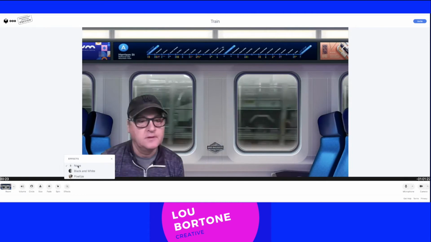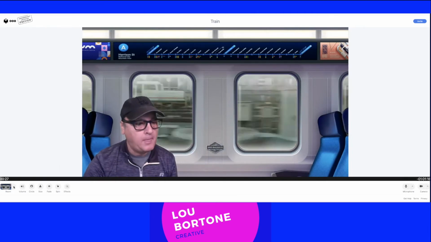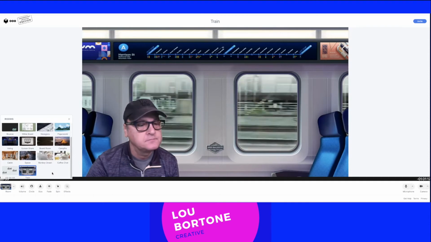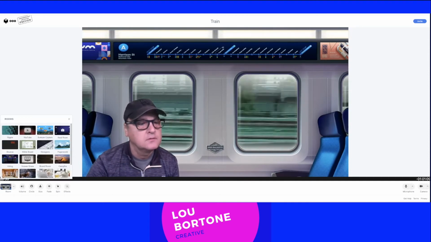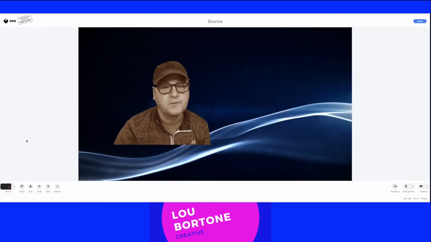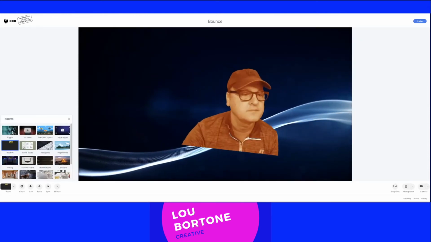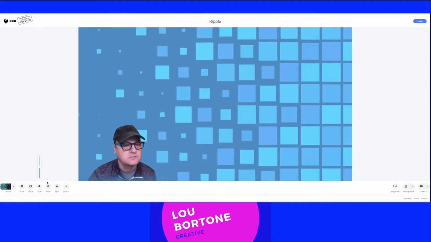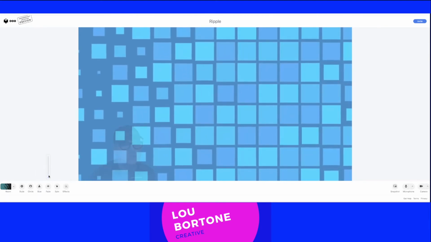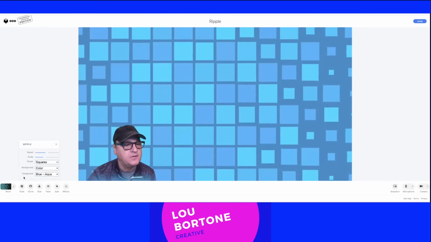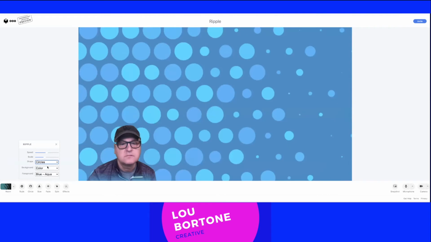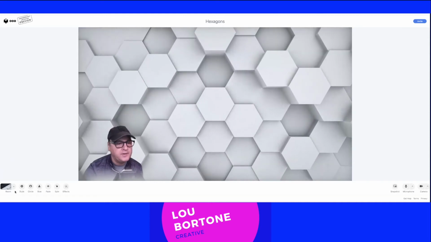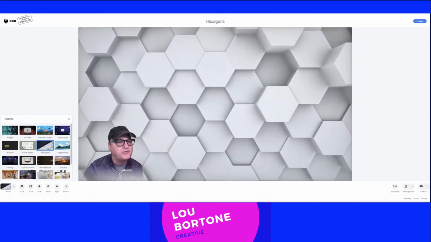Pixelized, black and white, none. Not too many effects yet. You can hear the subway going there. Sounds like it could be a Japanese subway. Floating around like a DVD. Again, I can change the size here of the fade. Style, I can change this background here. So I can even change the color. So as you can see, there's quite a few animated backgrounds and quite a few movie things you can do here